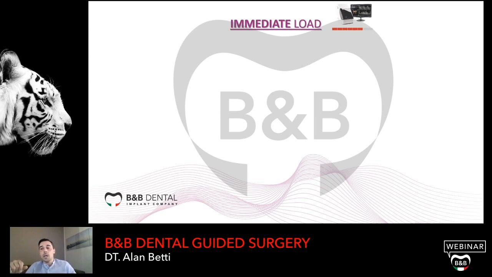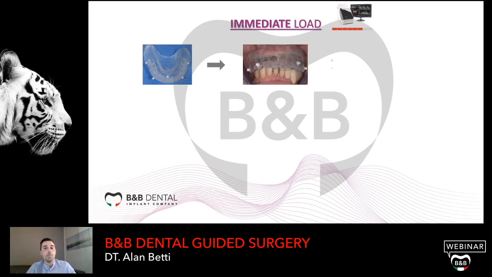This is a case of immediate load. We did this in collaboration with a doctor that collaborates with us, just to show you that with guided surgery it is possible to do a lot of things, also an immediate load in a very easy way, from the radiological stand to the surgery and subsequent prosthesis in a few times. So: radiological template, CBCT, implant planning,